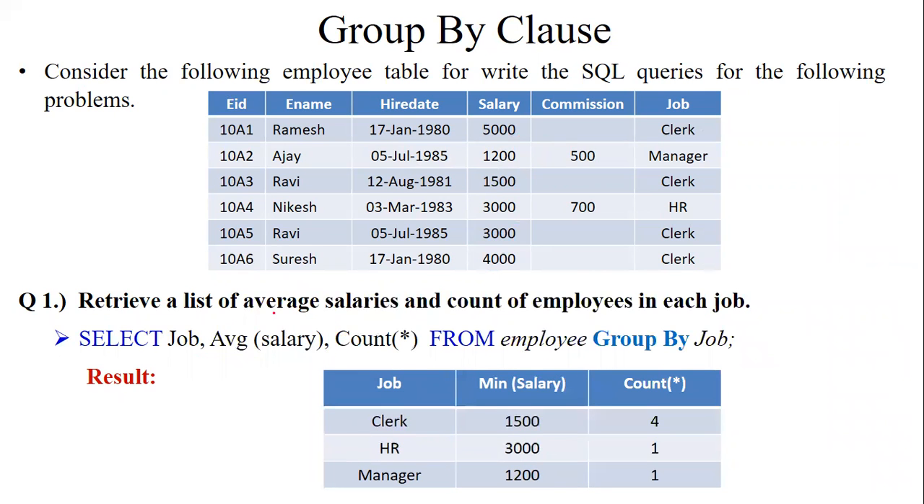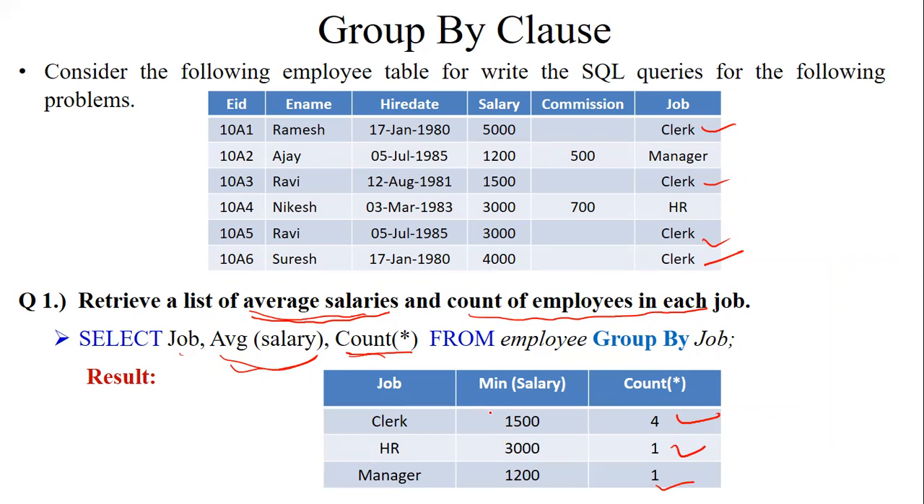Similarly, you can retrieve a list of average salary and count the employee in each job. We have to do the two things. Average salary identify करना हर एक जॉब की, तो average salary हमने पहले किया था, and then we have to count the number of employee in each job. तो हर एक जॉब में काउंट ऑपरेशन भी ग्रुप पे ही लगेगा, क्लर्क के लिए 4, एचआर के लिए 1 और मैनेजर के लिए 1।